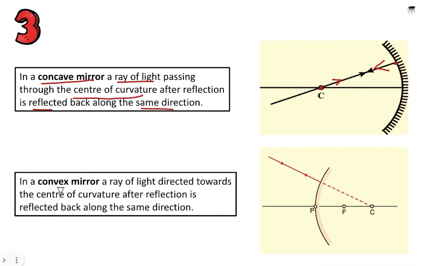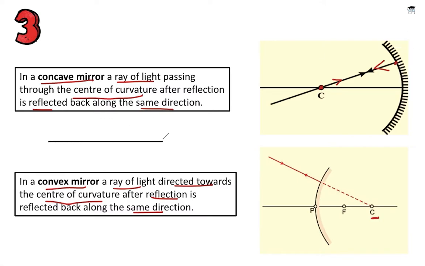Okay. So the next is, in a convex mirror, a ray of light directed towards the center of curvature after reflection is reflected back along the same line. So what happens in the convex mirror is that a ray of light which is directed towards the center of curvature, that means it is going towards the center of curvature. The center of curvature in a convex mirror is behind the mirror. So it can't actually go through the center of curvature, but it looks like it is going towards the center of curvature. Okay. So what it means is, if I can draw it,